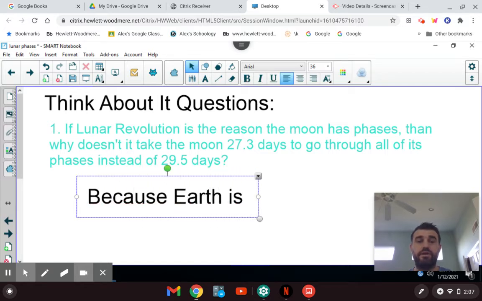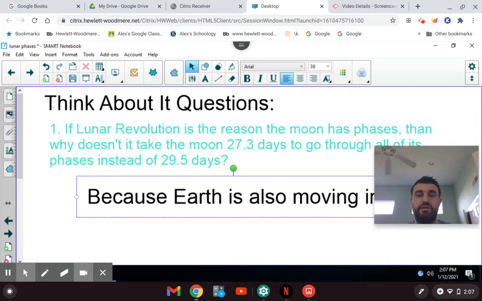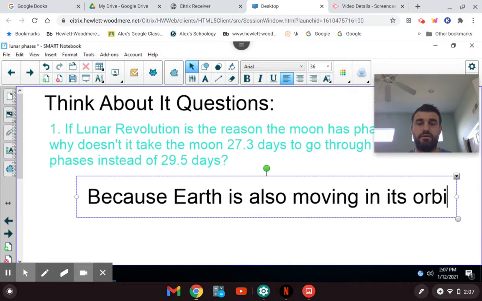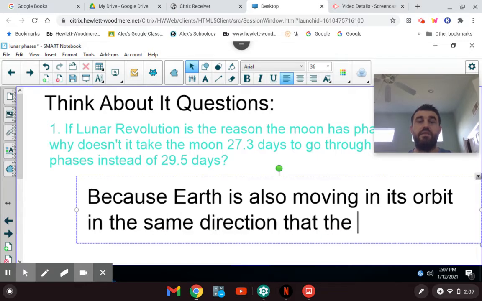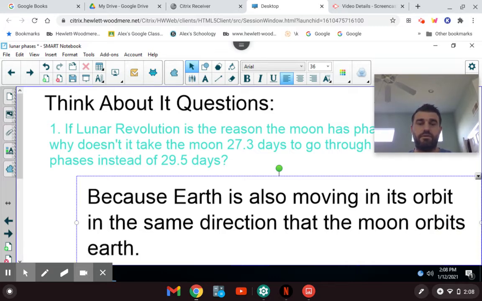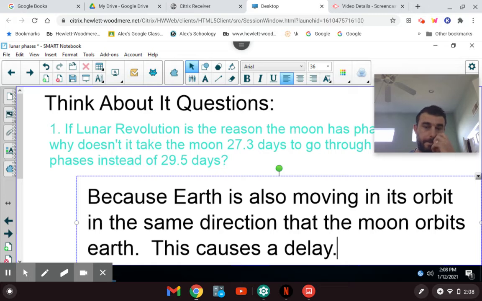Earth is also moving in its orbit, in the same direction that the moon orbits Earth. This causes a delay. Because the Earth is also moving in its orbit around the sun. Let's be clear about that. Orbit